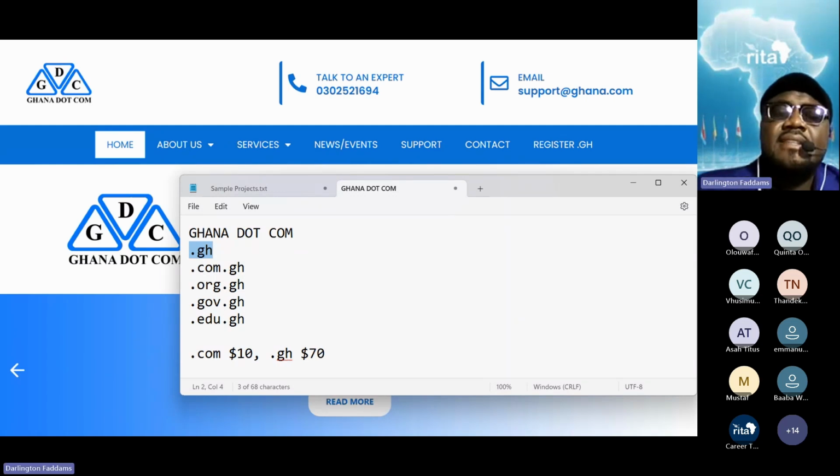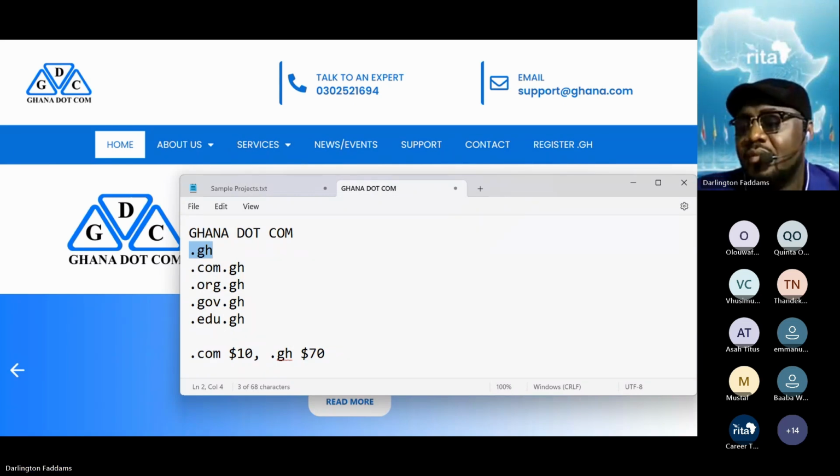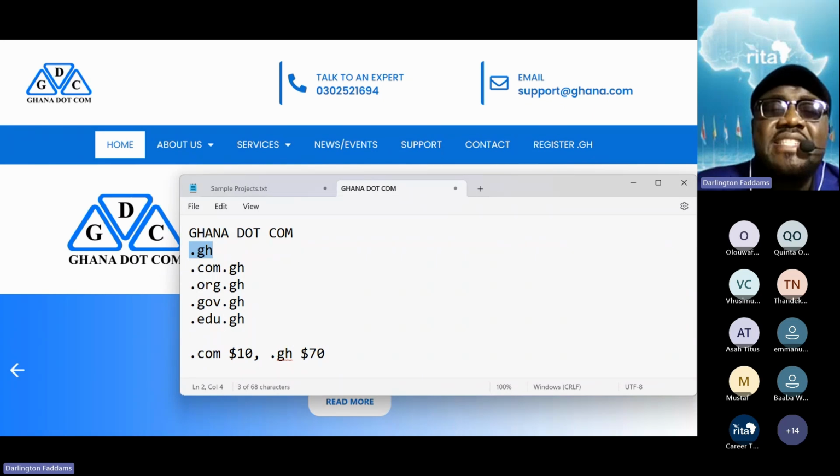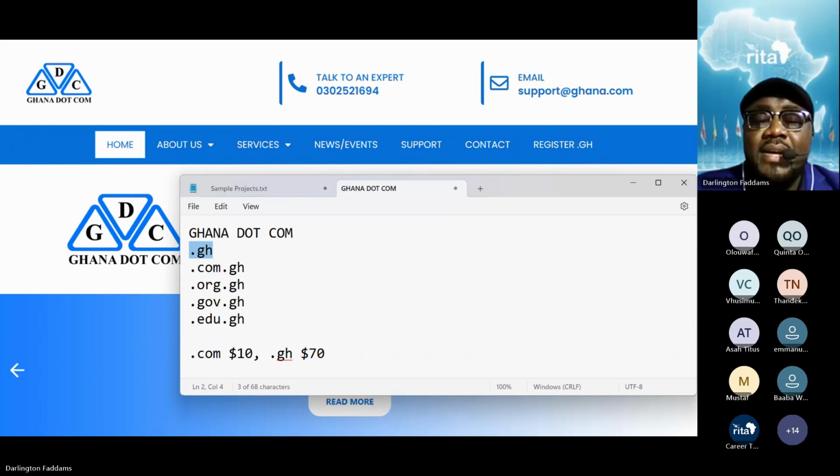When I started web business, I was learning things by myself, discovering things by myself. Nobody told me certain important things. So I was registering domain names for years. But once in a while, I'd come across a .com.gh, and I'd be wondering, if I get a business right now and it's .com.gh, what am I going to do?